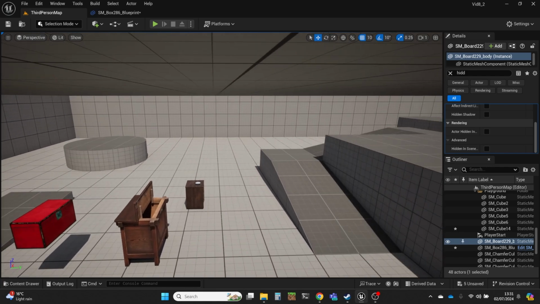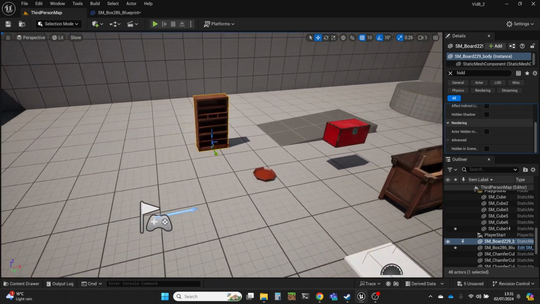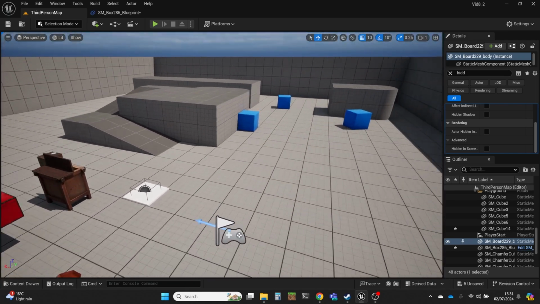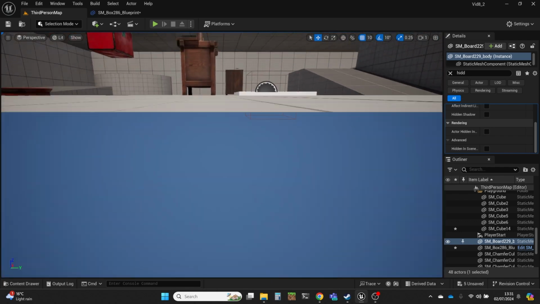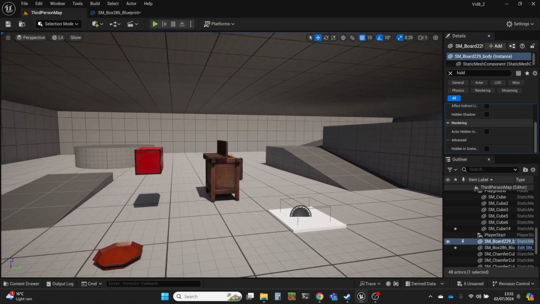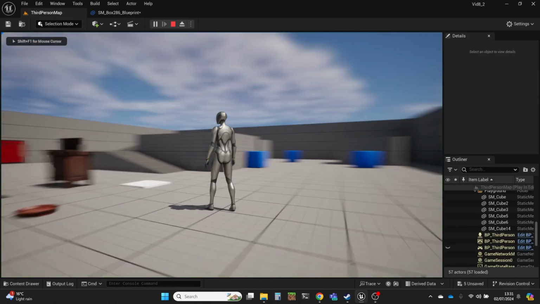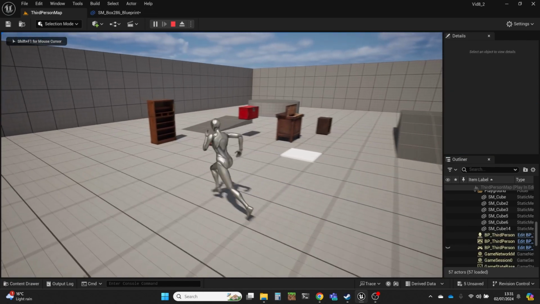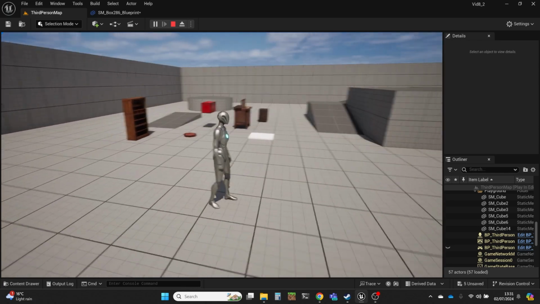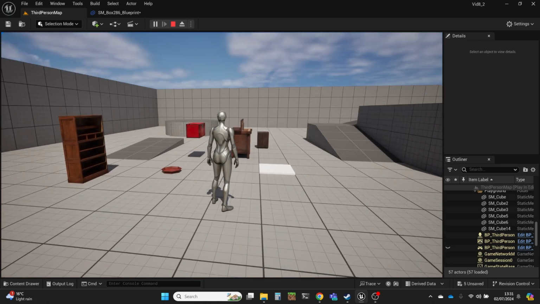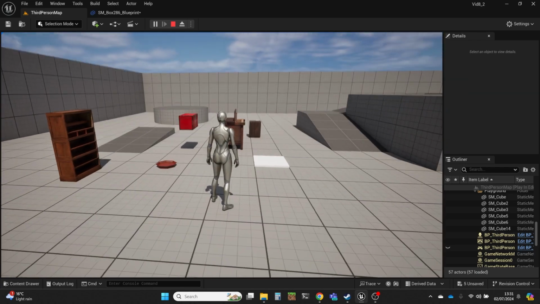So what I've got here is a third-person template with a few added objects. If you've been watching my other videos, you'll recognise some of these objects. The other thing that I've done is I've put a roof on here. That's because I'm going to have stuff bouncing around. Now, when I click play, that roof disappears because I have enabled hidden in game, but it's still there in terms of the physics. So some things will bounce off it. I just wanted to make use of the natural light and the thinning of light in here.